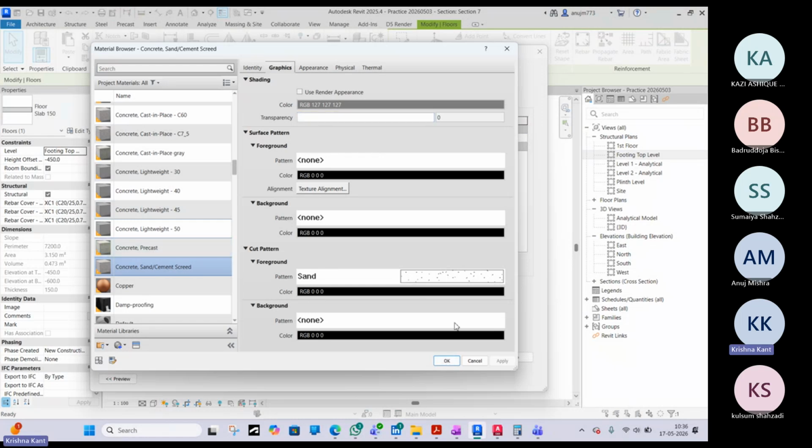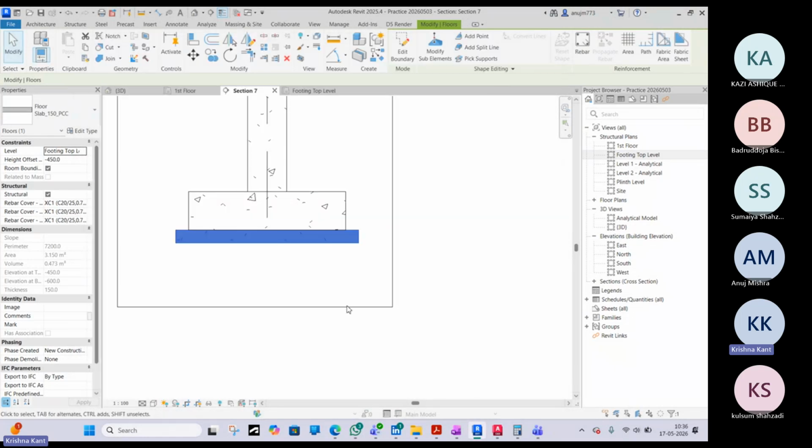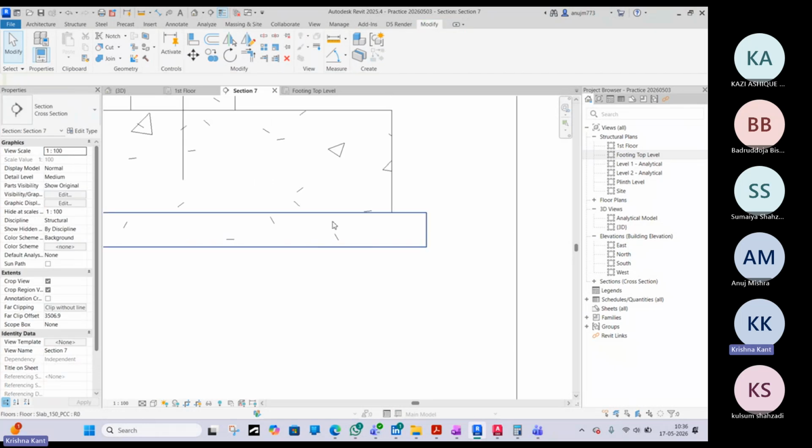I required a fine aggregate, basically, that is the sand. Okay, so fine aggregate, basically it's required. These are the aggregate symbols. Okay,